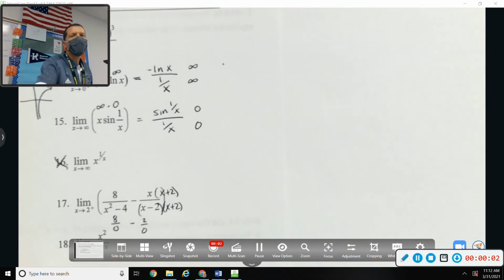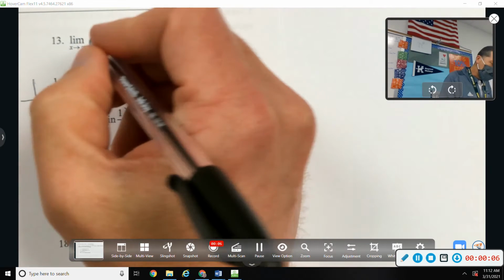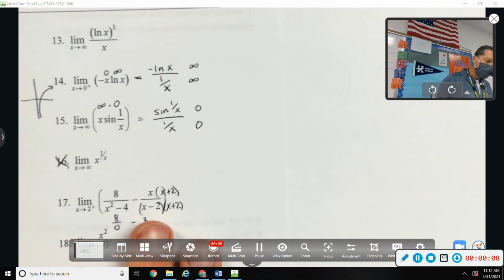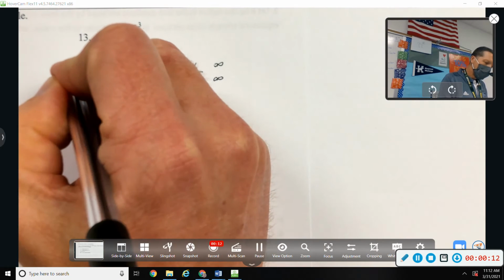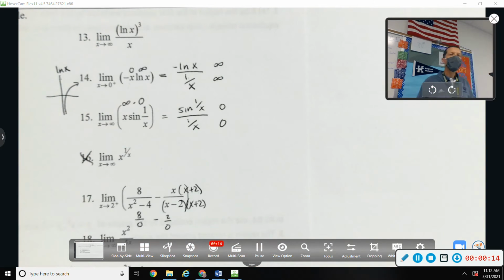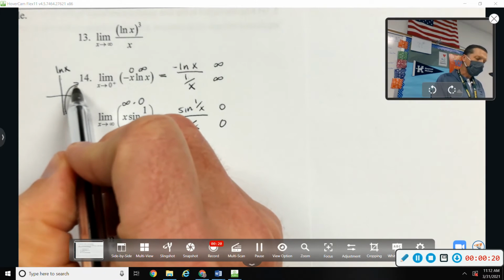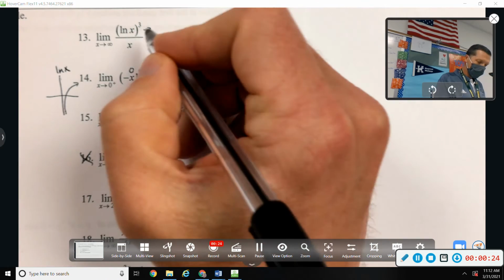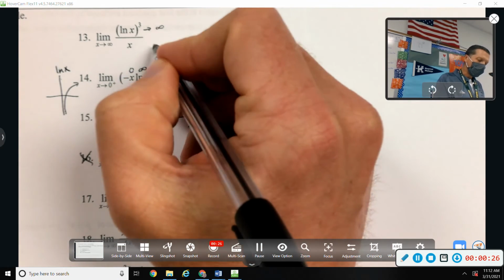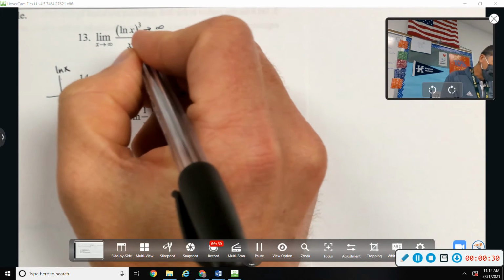All right, L'Hopital's rule number 13. So job one is plug in. I already have the picture there, and it might be helpful to rethink what the graph of natural log looks like, so that as x goes to infinity, natural log goes to infinity. And if you cube infinity, well, then you're definitely at infinity. So infinity over infinity,